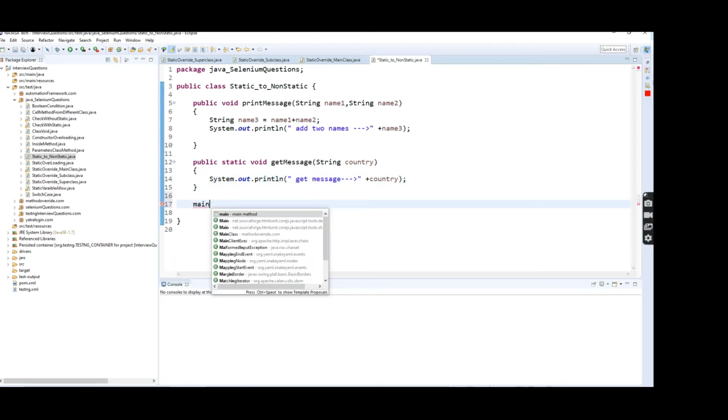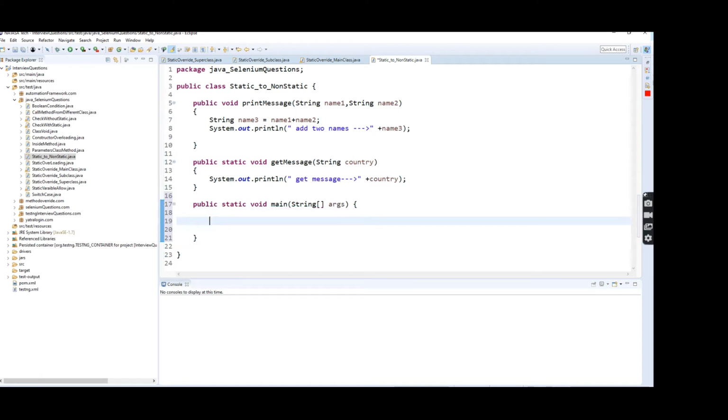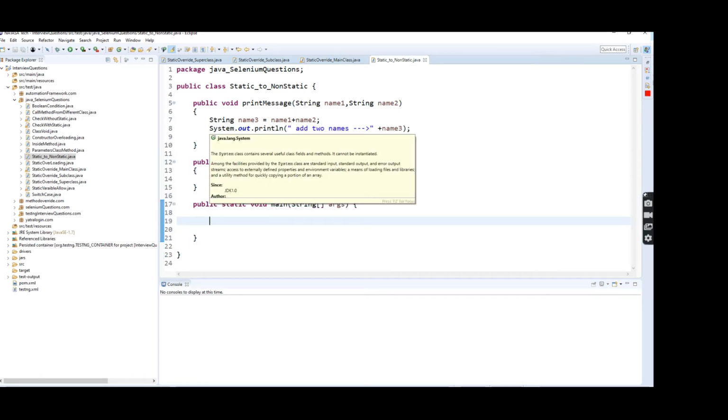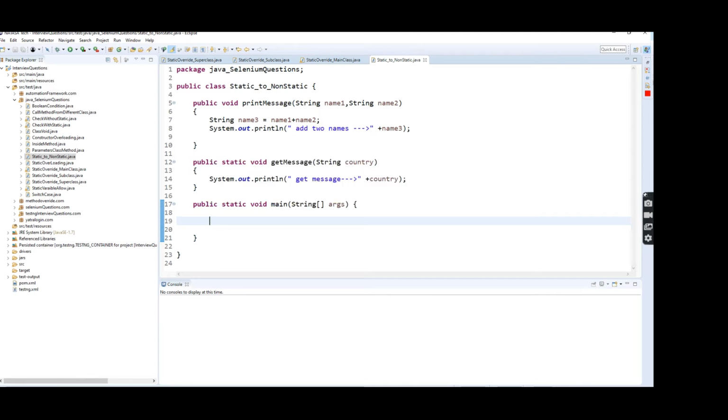Next I'm going to create the main method. Here I'm going to access the non-static method. How can we access it? By creating an instance of the class, right? Here I'm going to create a reference variable for the class.